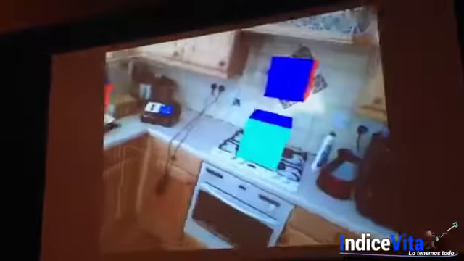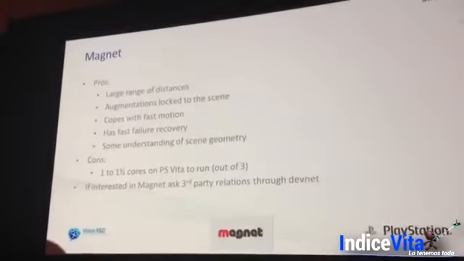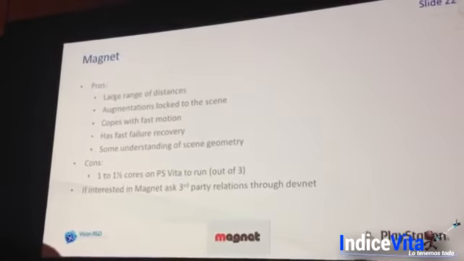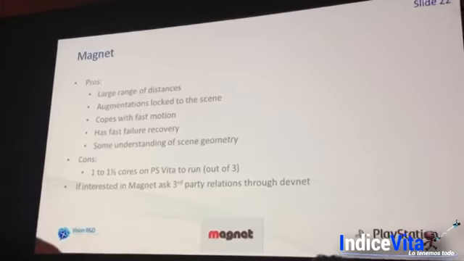We can cope with pretty fast motion as well, though if we do lose track, which I think I do just there, we can recover again quite quickly. So again, we lose track as we look down, but we regain again. So just to reiterate then, we have this large range of distances, we've got augmentations locked tightly to the scene, we can cope with fast motion,